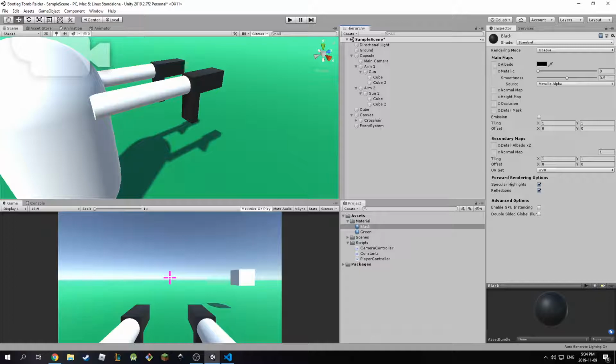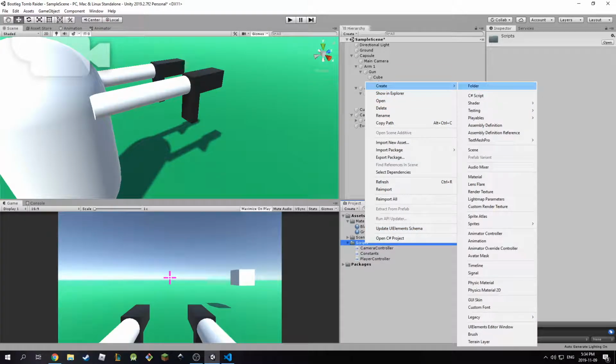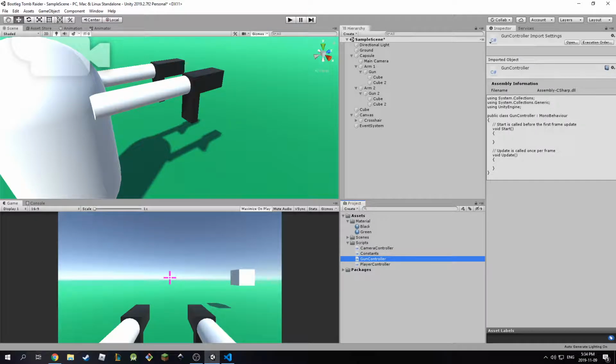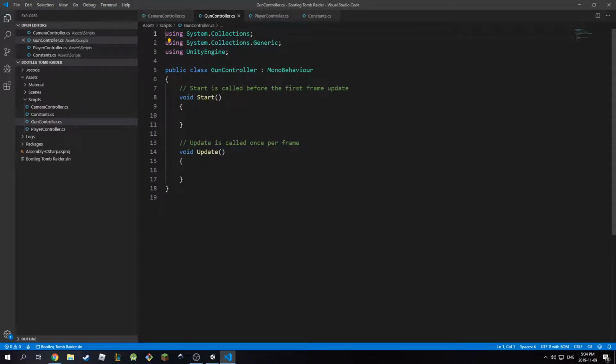Let's make a particle system that triggers when you click on the fire button, or your mouse click. So for that, I'm gonna make another script. I'm gonna go to my scripts, create C# script, and I'm gonna call this gun controller. Then I'm going to drag this gun controller and put it in my gun here, like so. And I'm gonna open this in code,